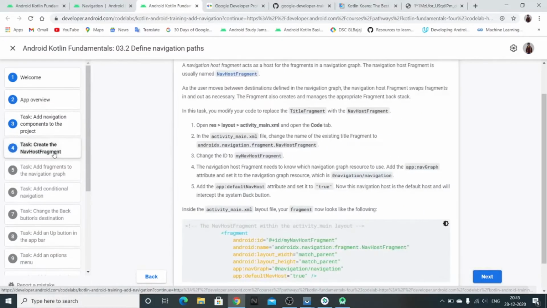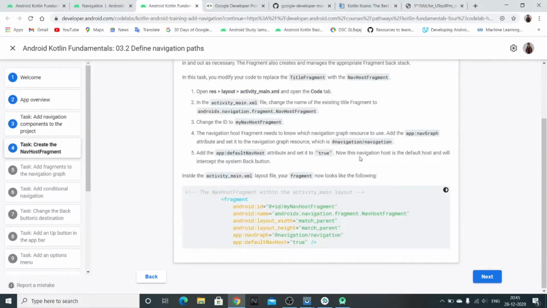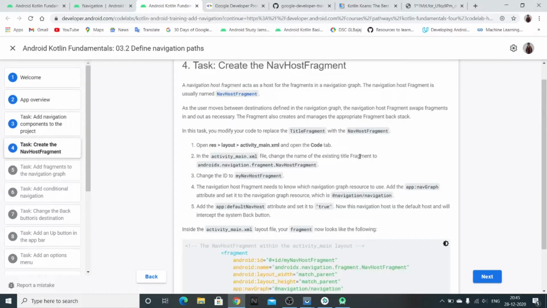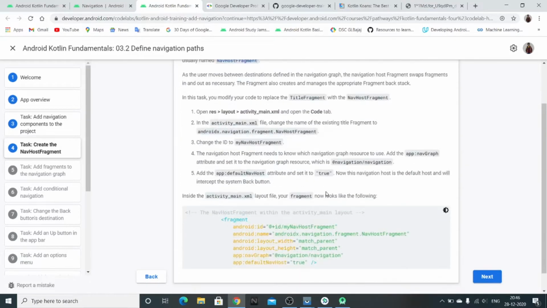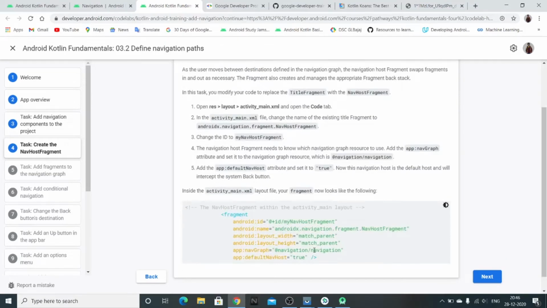So now, moving on, here we need to create a navigation host. What this navigation host will do is contain all the information about how navigation in your app will be going on. That when you press the back button, then you have to go back to the title fragment. When you give all three answers correct, then the win fragment will appear. So all this navigation will be looked after by this navigation host fragment. So let's add this. The fragment that we have added in our activity main XML file, let's make some changes in that.